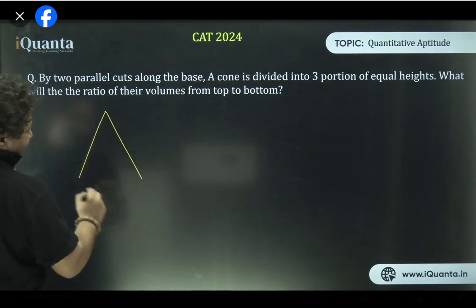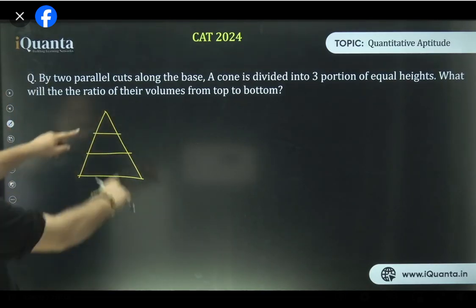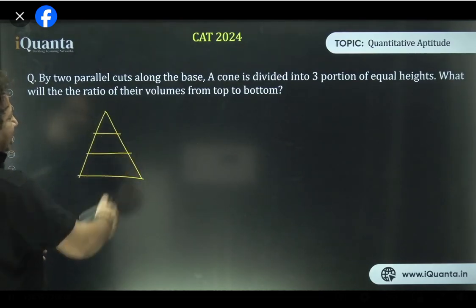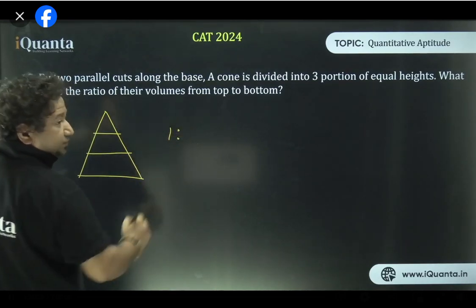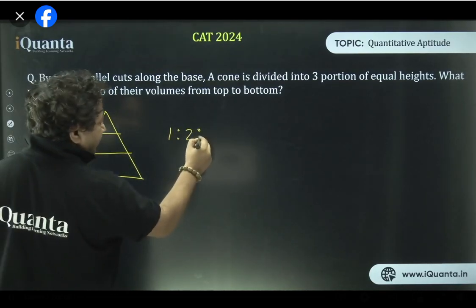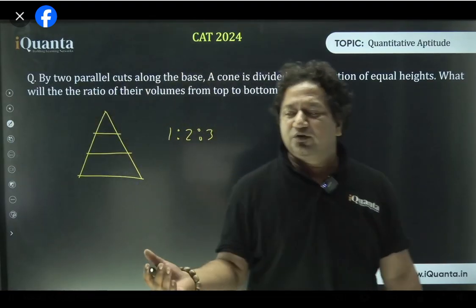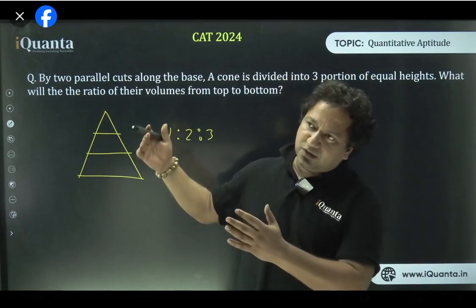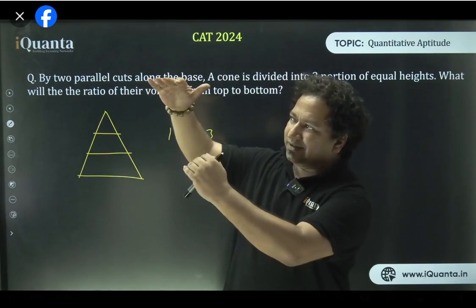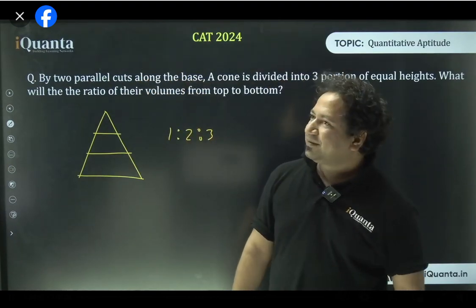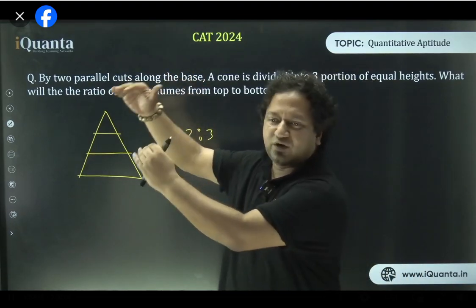For some people, see, this was the cone initially, 3 portions of equal heights. So automatically, if it is a cone, it's a right circular cone. So these 2 sides are equal, isn't it? So when you cut it parallelly with the same height, automatically, this gets divided in the ratio 1 is to 2 is to 3, isn't it? Everything, all the sides. When I started geometry, I told you about similarity and congruency. I gave the example of a globe, which was a miniature of planet Earth. The scale of contraction of the globe in terms of radius of Earth, the same level of contraction will be in length of any continent, any ocean or anything.